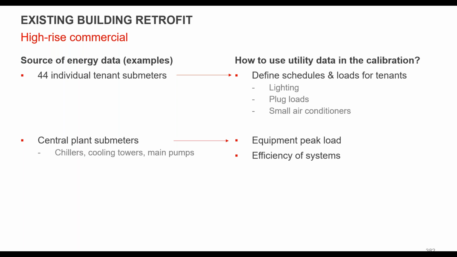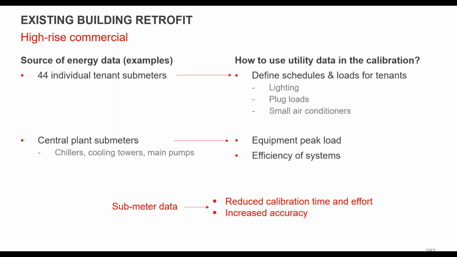We had sub-meters for chillers, cooling towers, all the big pumps. So this helped define what the peak power was, what the average operational condition was of these different systems, and define the efficiency over all the potential operational points, both outdoor air condition and different indoor conditions. So having this data, and again, this is for a calibrated model, really reduces the calibration time and effort, because